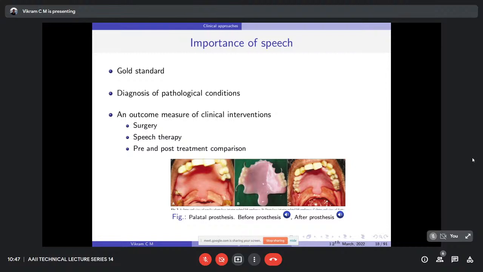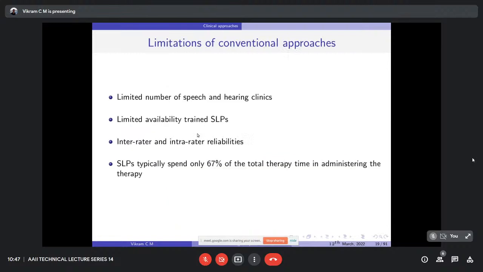And also while doing the speech therapy or treatment session, we can easily say whether the speech is improving or not. If the speech is improving, then the person is getting some treatment, and his internal speech production system or organs are also recovering from the underlying disorder. So these are the different information we can easily get from the speech signal.